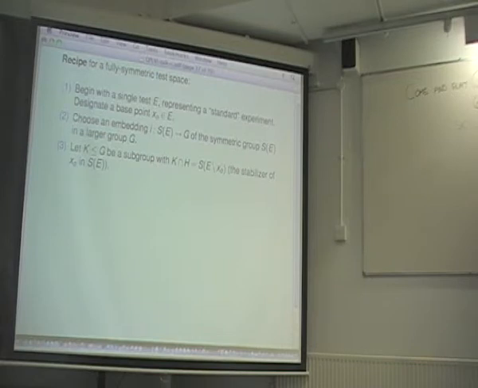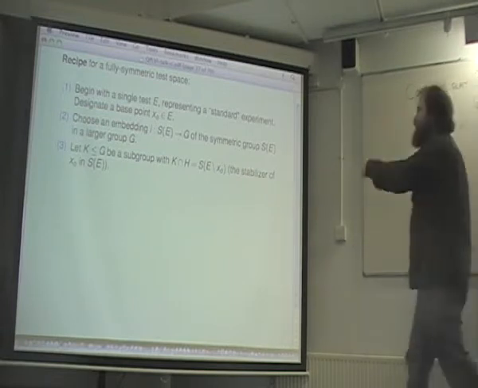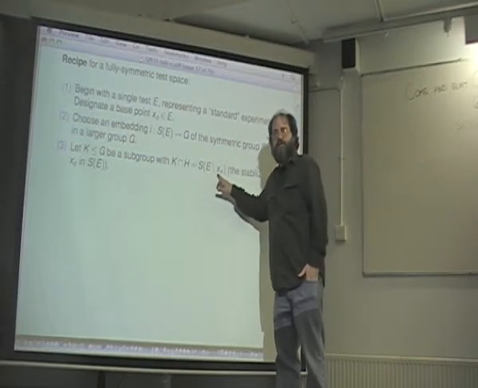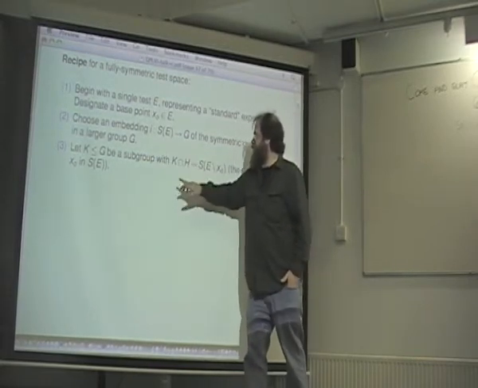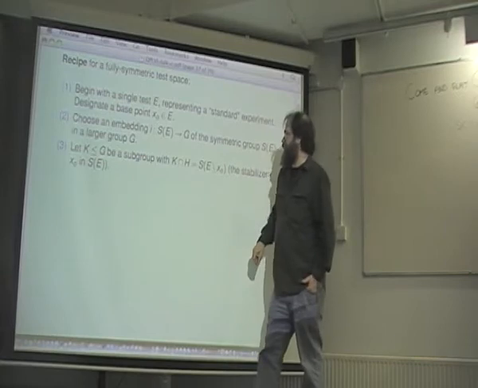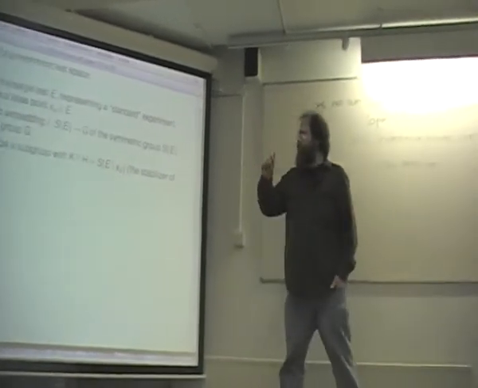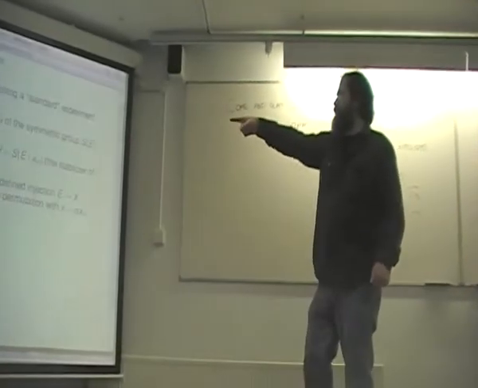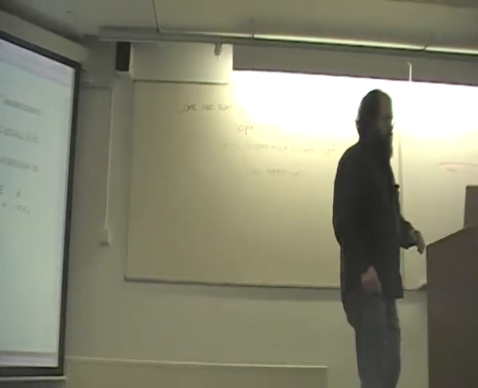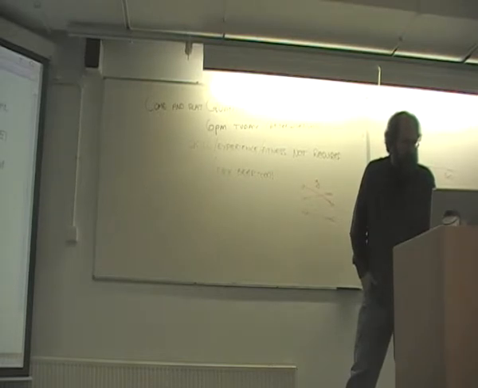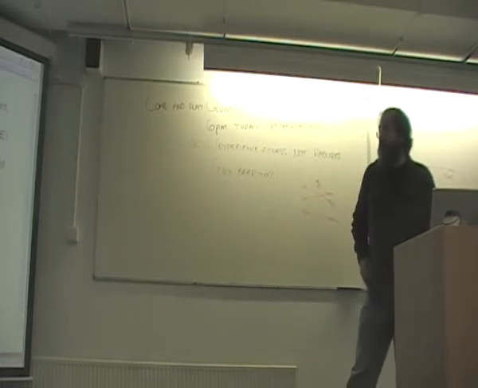Okay, now the rest of it is just sort of very standard stuff. You let K be any subgroup of this larger group that extends the stabilizer of your reference point in the symmetric group. So you just choose a subgroup of G that intersected with, sorry, this also is a typo, this should be S of E, intersected with S of E as embedded in G, gives you the stabilizer of your reference point. Now make a bigger outcome set, X, by just taking the quotient set. Just looking at the orbits of points in G under right action by K, or the left cosets of K.